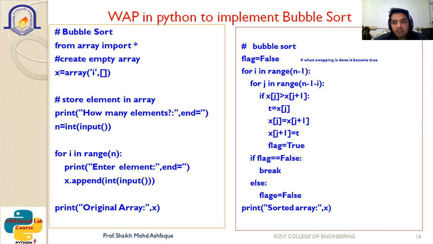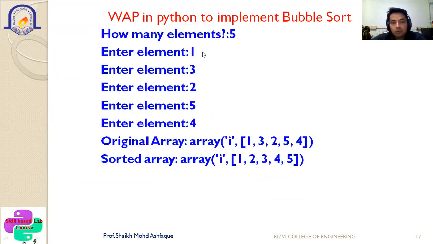As we have seen in the previous slide, we have entered 300 and 600, which you can see is added at the end of the array. So basically here we are appending, x dot append int input. We are accepting the input which is of the integer type. And now whenever you print your original array, you are going to see the original array. So you can see the output.